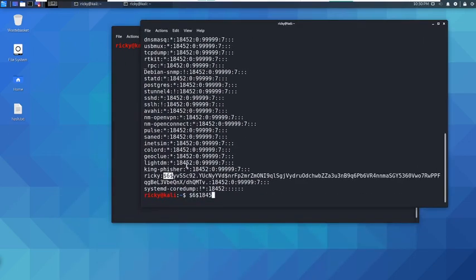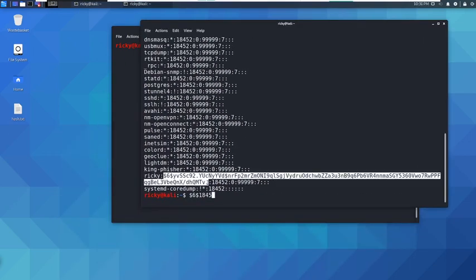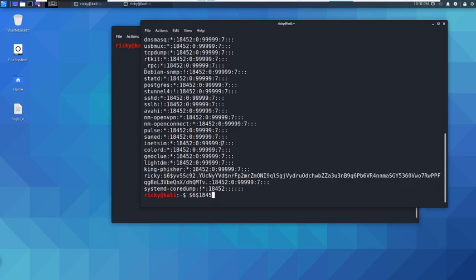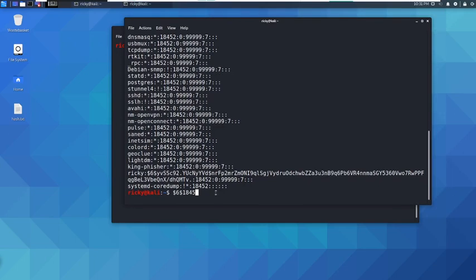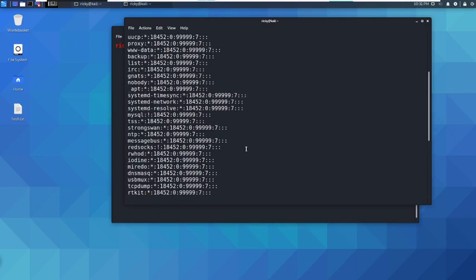We want to separate this hash into one file, then feed that file into our hashcat process. In a previous video on basic Linux commands, we explained awk and other things. In this example, I'm going to crack the root password.